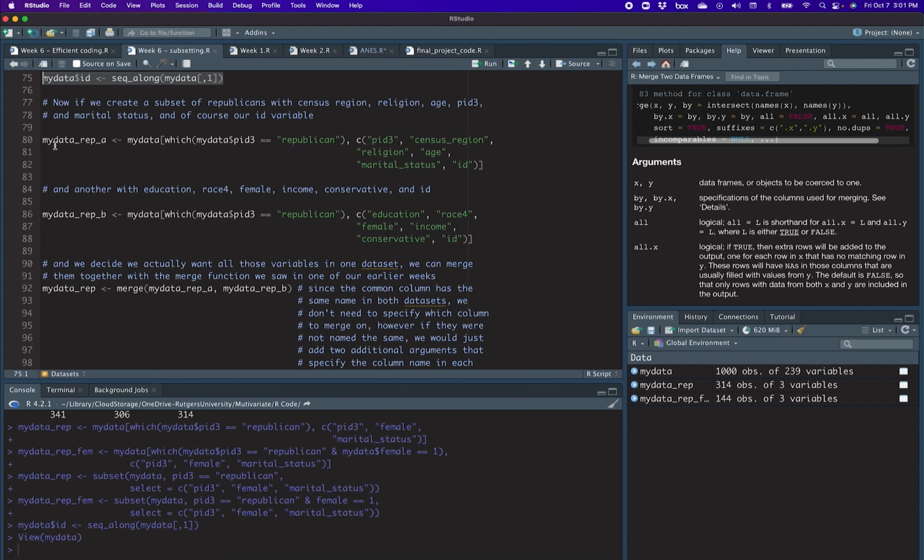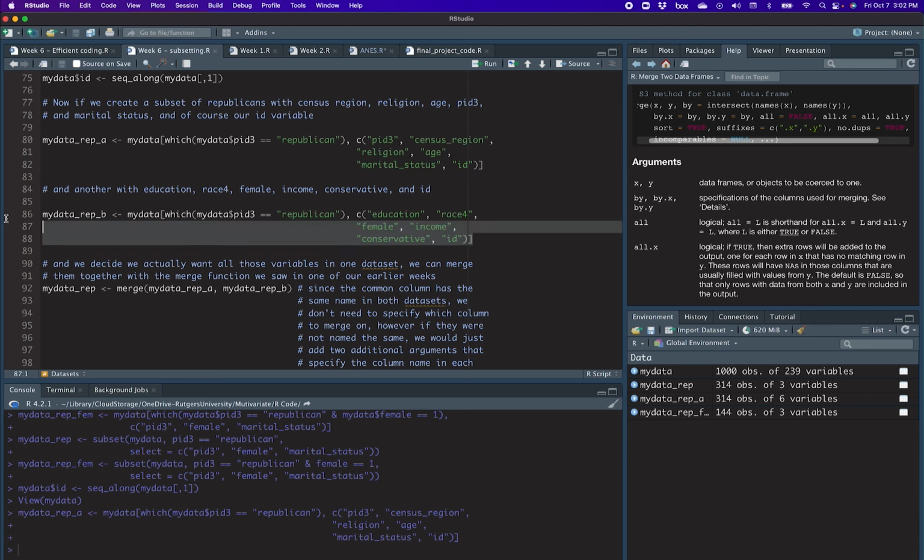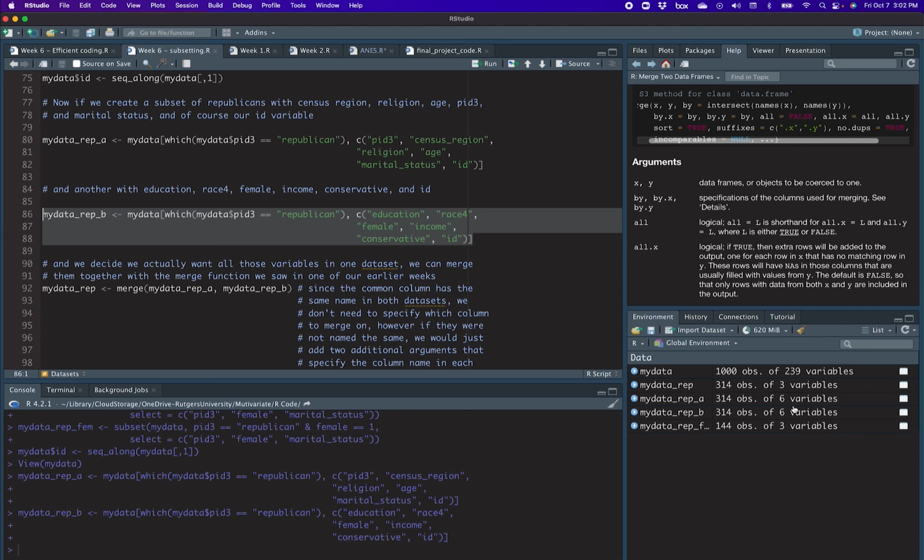So now if we create a subset of Republicans with these variables in it, and make sure that we include our new ID variable. So now we've got my data rep A with 6 variables, and then another with all of these variables in it, making sure that we again include the ID variable. So we have my data rep B that has another 6 variables in it,